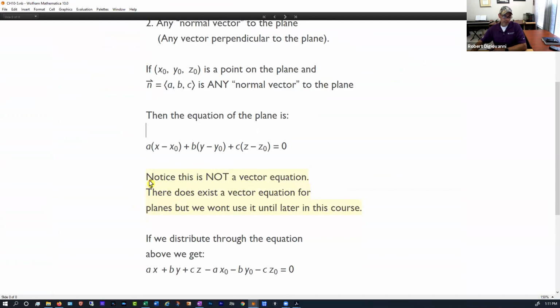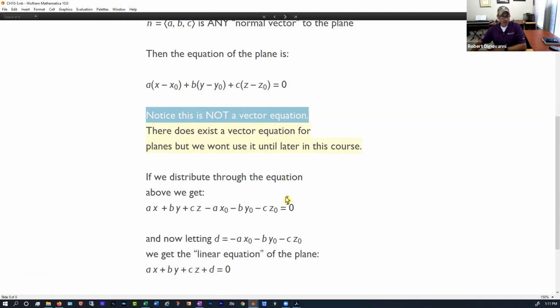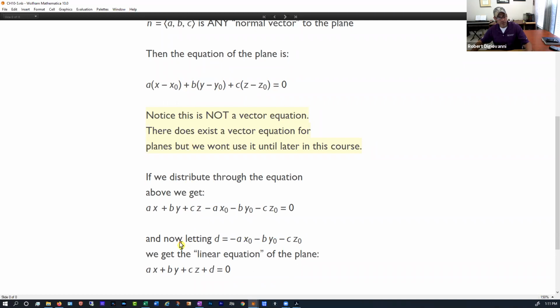So notice I said, notice this is not the vector equation of a plane. That'll come later, okay? Also notice that if we distribute the a, the b, and the c through this equation, okay? So if I distribute that a through here and here, and then the b through, and then the c through,